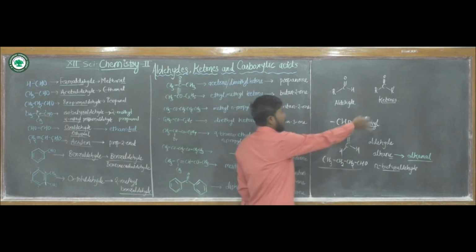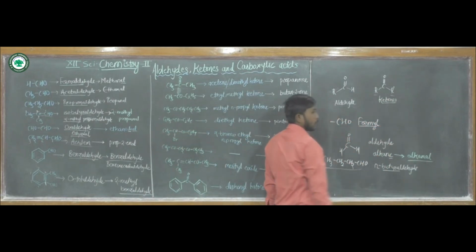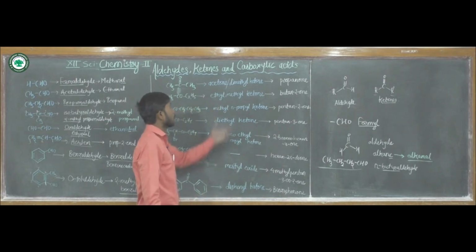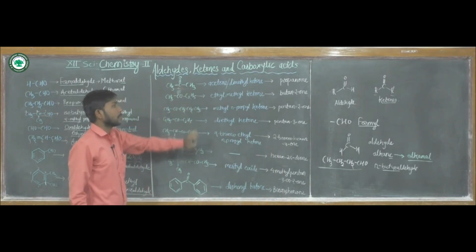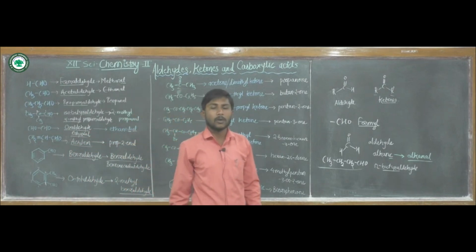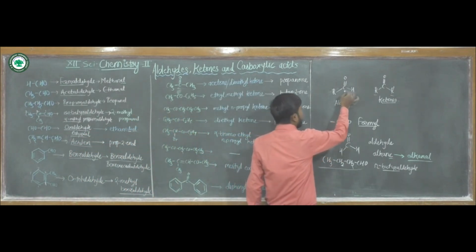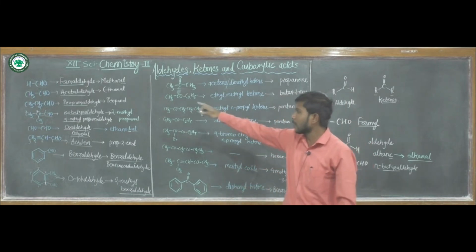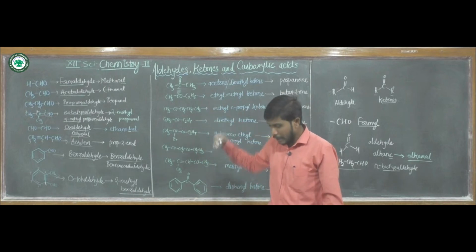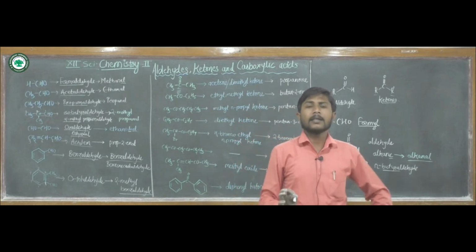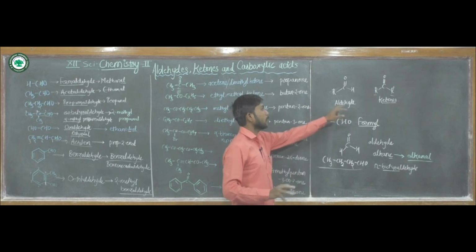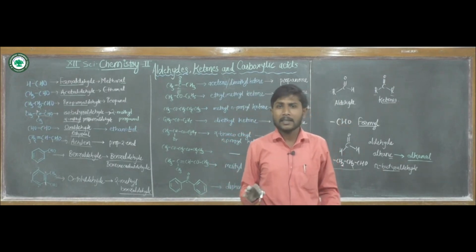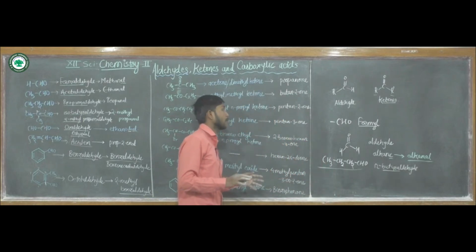In ketones, we know the carbonyl carbon has two alkyl groups. If they are the same, the ketone is symmetric; if they are different, it is asymmetric. Here we should also note that aldehydes should contain at least 2 carbon atoms, the exception being formaldehyde. Likewise, in ketones there should be at least 3 carbon atoms, as there are 2 alkyl groups on the carbonyl carbon.